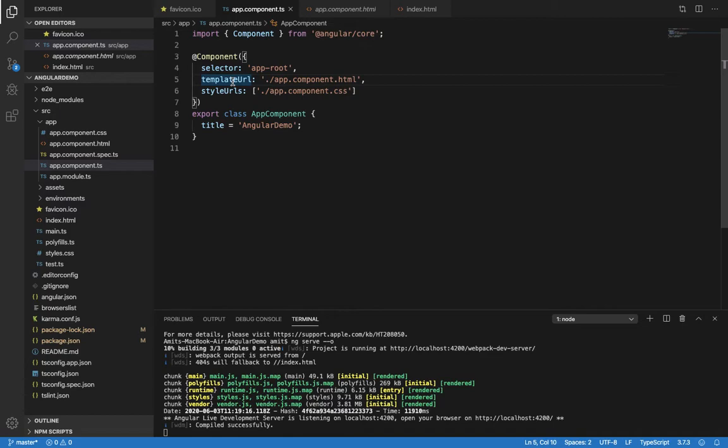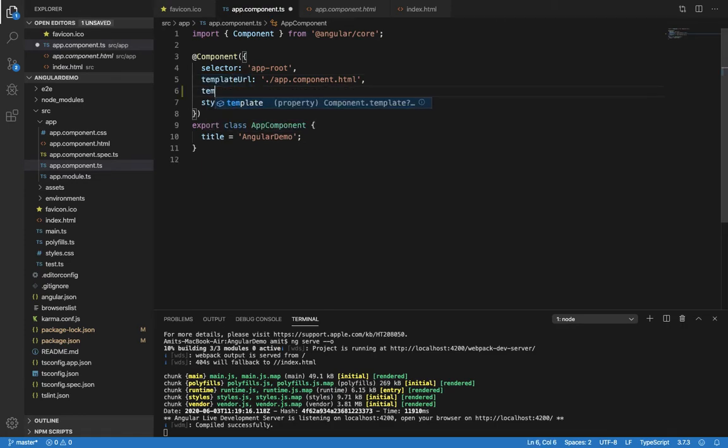A template is basically a UI file with which a user is going to interact, right? So here instead of a template URL you can mention a template also. The syntax of that will be like this: template, h1, and with the closing tag h1, hello title.